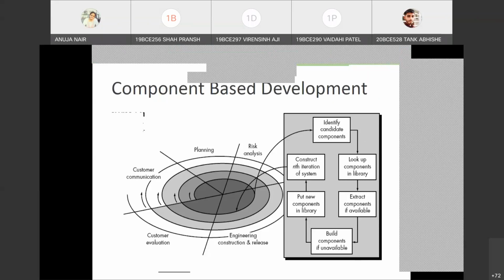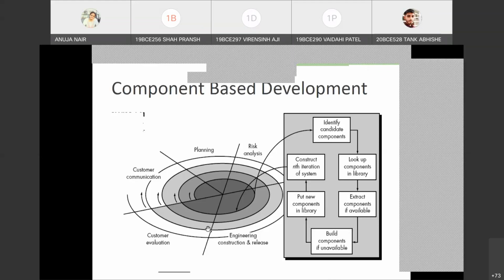So if you have worked on n number of projects, the components that you feel can be useful in future projects, you just store in your library, means you save it with yourself. And then when you use them, you just take it from the library and extract the component, like import it, or use the APIs that way. So component based development is not a model, it is just a concept that you use. We use that concept specifically in RAD model, but you can use it in every kind of model.